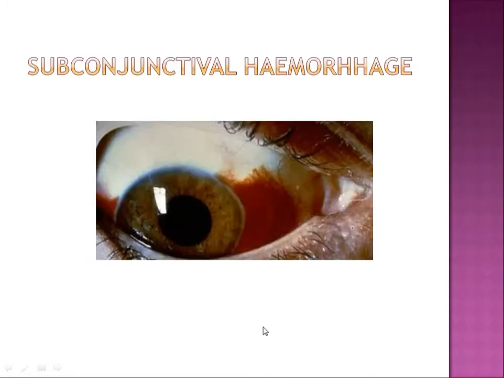Now, we will look at another conjunctival pathology wherein there is redness, but you do not have any discharge. The patient comes to you with sudden onset of redness. So you're seeing a big patch of red area within the eye, whereas the other part of the eye is normal. So what is more important in this case is you have to ask for history of trauma. Is trauma the cause of this subconjunctival hemorrhage?